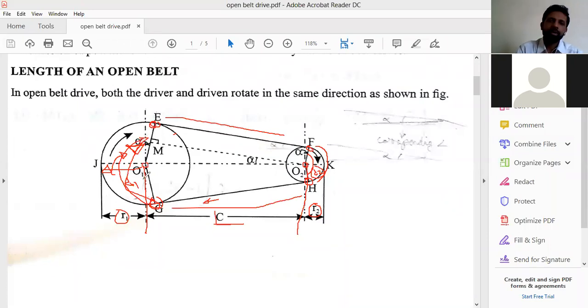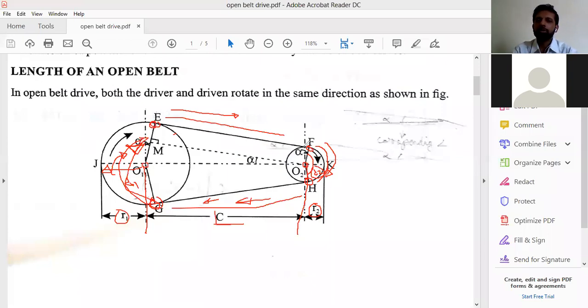Okay, right? Since it is going onto the bigger diameter pulley, the arc has radius R1. Then next, it is going to go onto a straight line from E to F, then again an arc FKH having a radius R2, and then from H to G it is going to be a straight line. So this completes one full rotation or complete cycle of the belt drive.